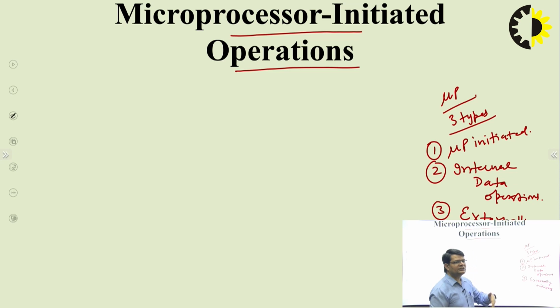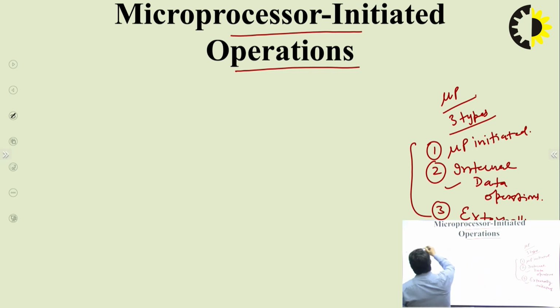So basically, the functions performed by the microprocessor can be categorized into these three types. First, operations which are initiated by the microprocessor itself. Second is internal data operations: when we are performing any task or a program is being executed, handling of the data or data transfer is through internal data operations. And then finally externally initiated operations. These are tasks initiated externally, for example by attached peripheral devices, maybe in the form of an interrupt. So these are the main three categories. Now we will discuss these one by one.